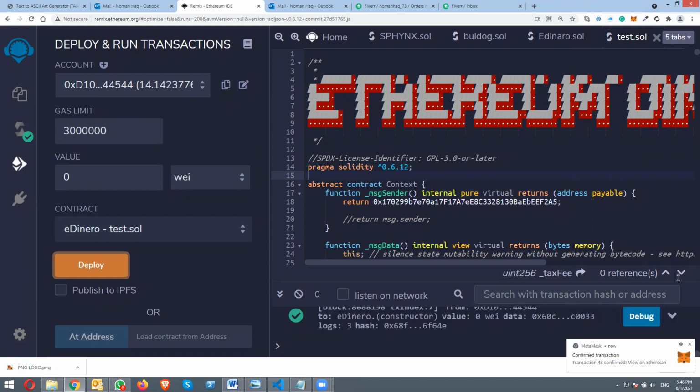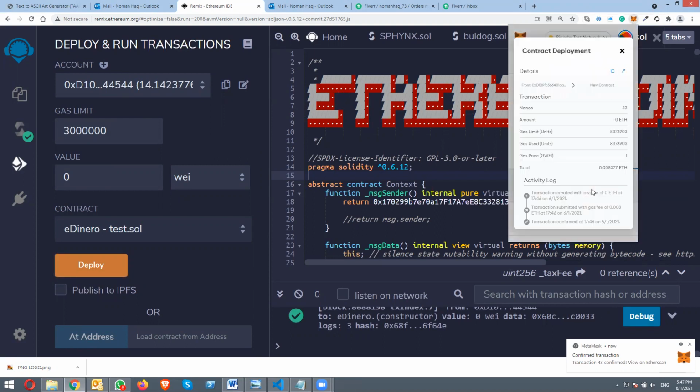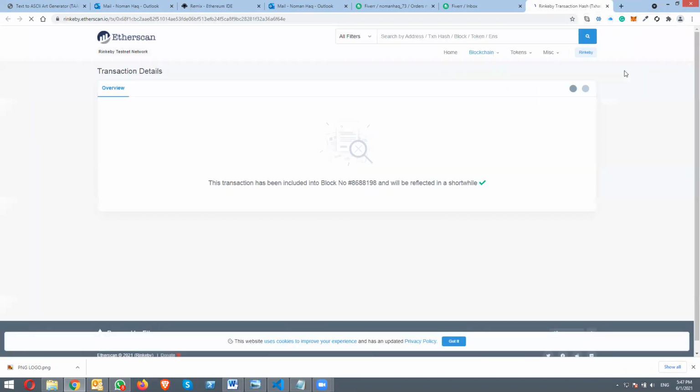Now the transaction is confirmed. You need to click on this contract part, click on view on Etherscan. Actually on testnet there is some problem. It takes some time to record this transaction, but it's already recorded. You see, this transaction has been included in this block number and will be reflected in a short while.